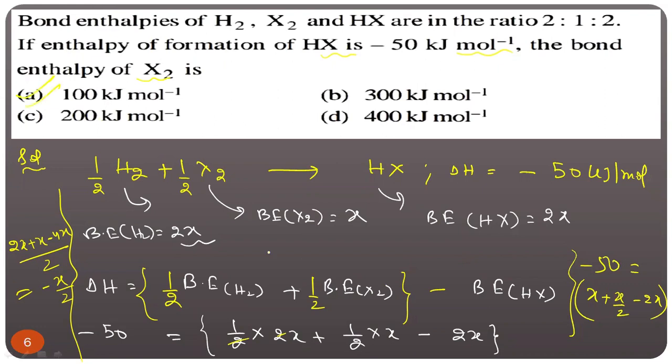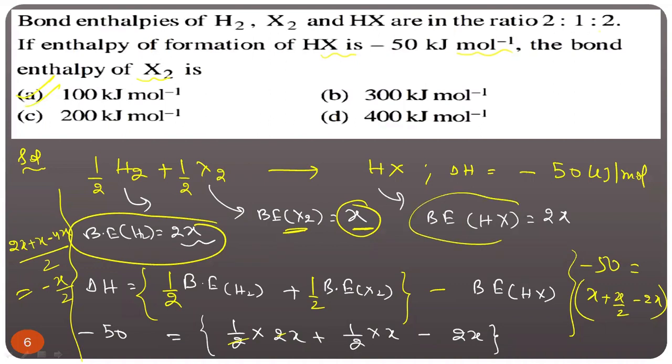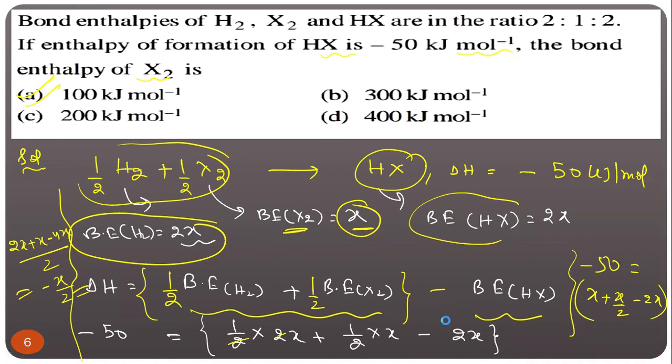Is it very simple? Look at 2 tends to 1. If the bond energy of X2 is x, so the bond energy of H2 is what? 2x. And the bond energy of HX is also what? 2x, because 2 tends to 1 tends to 2 है ना? Clear? And the relation we know, delta H is equal to bond energies of reactant minus bond energies of product. आ गया समझ में? Clear? So answer is A. Now let's move to the next one.